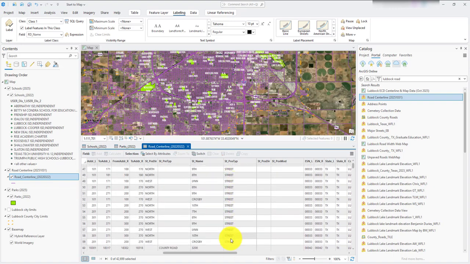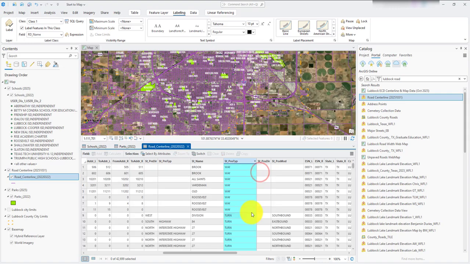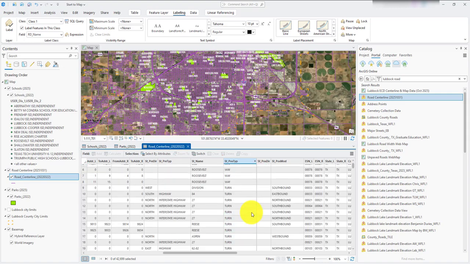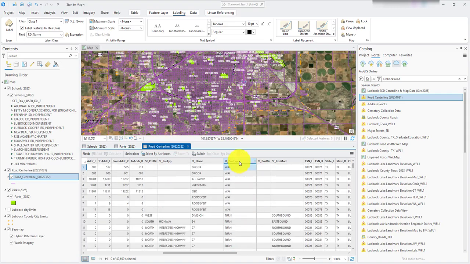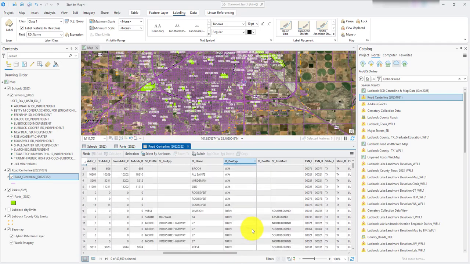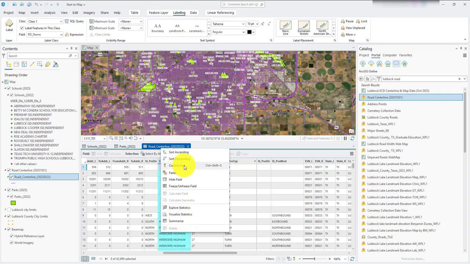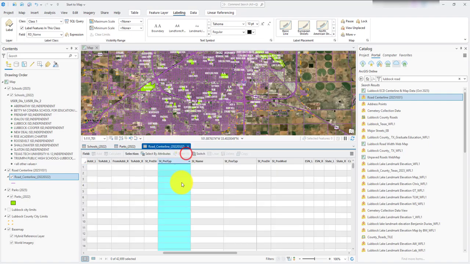If you're a little confused about your typologies, you can always right click and do a sort ascending or sort descending. So let's do a sort descending. That way I have an alphabetical way to see what kind of roads are there, or what kind of data I have. So here I can see road street type, so I can do a sort ascending,